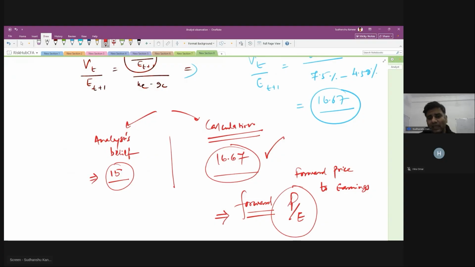The analyst might have calculated by his own ways. Maybe he has used some other ways. We don't know what he has used. He might have seen some charts, he might have used some other data. I have no clue. My calculation says 16.67%. And the basic idea you should always remember is that whenever you calculate